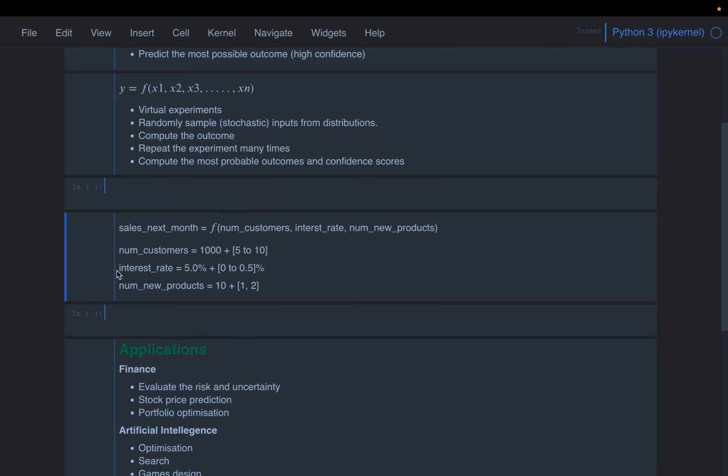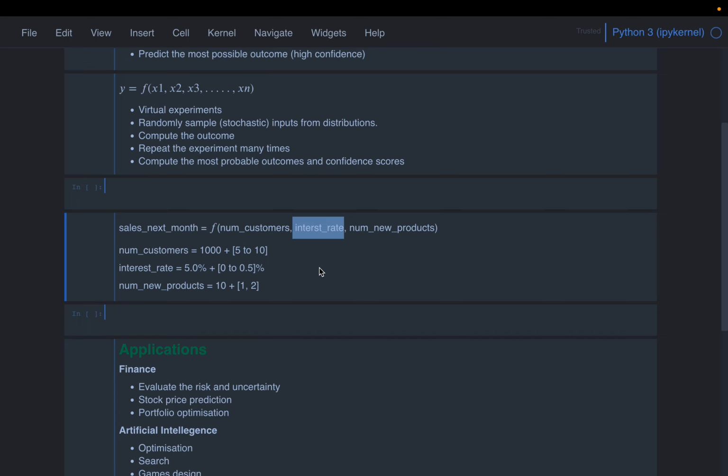Now, similarly, the interest rate. Let's say the current month interest rate is 5%. The government might increase the interest rate next month by, let's say, 0.5 points. It may increase, it may not increase. But let's say we are 75% confident that they don't increase, but there is a 25% chance that they will increase by 0.5 points. So our second variable, interest rate, can be either 5 with probability 75%, or it can be 5.5 with probability